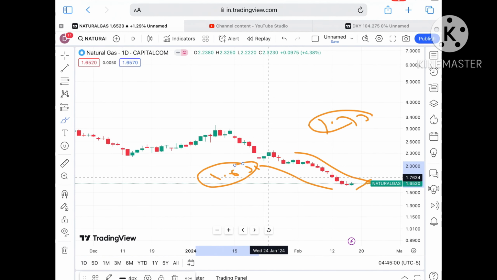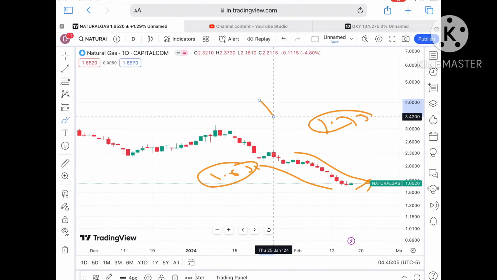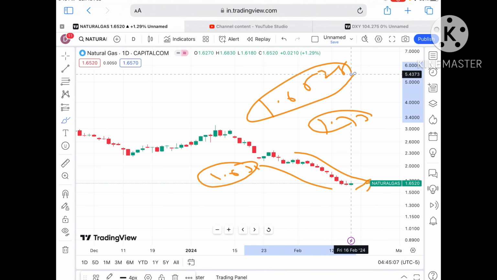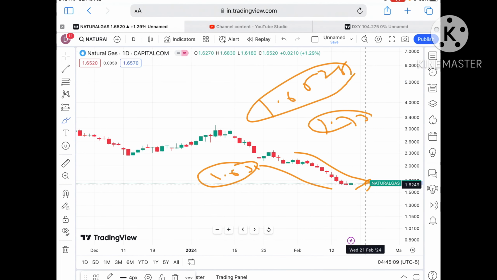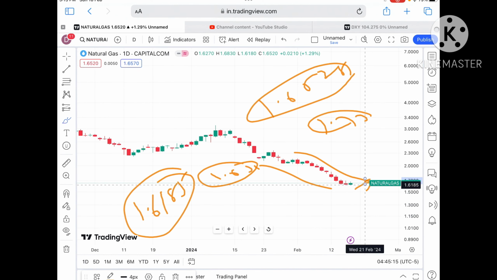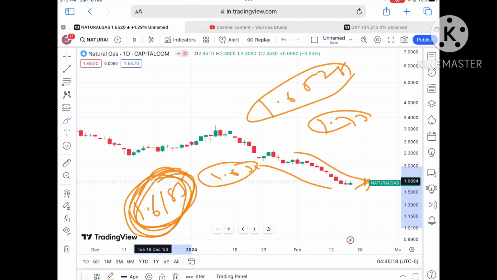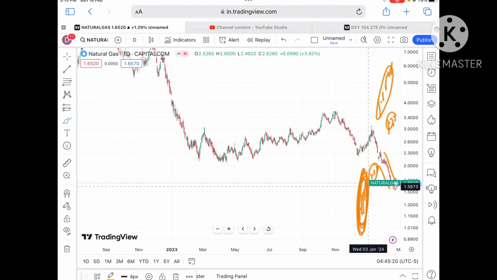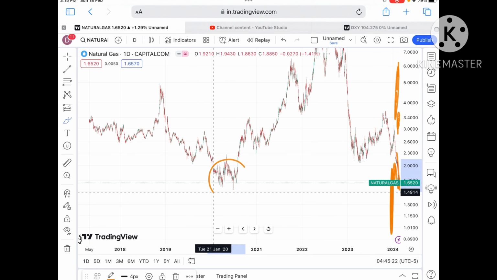So suppose if the price doesn't sustain, because I have to explain both sides, chances of moving further down will be there. But for Monday we can see that if it sustains above a level of 1.6829, then a further upside movement we can see. But suppose if the price doesn't sustain, it can go towards its next support of $1.6185, and from there a further low we can see, which is already a weak support, that is this level, okay,